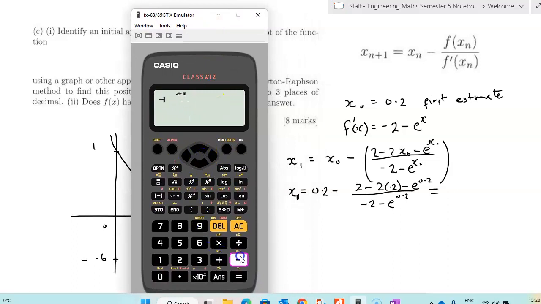So I have minus 2 minus fraction button 2 minus 2 multiplied by 0.2 minus e to the power of 0.2, and then underneath the fraction I'm going to have minus 2 minus e to the power of 0.2. See what I get. Oops, that's not the power of 0.2. Delete that. E to the power of 0.2 equals,